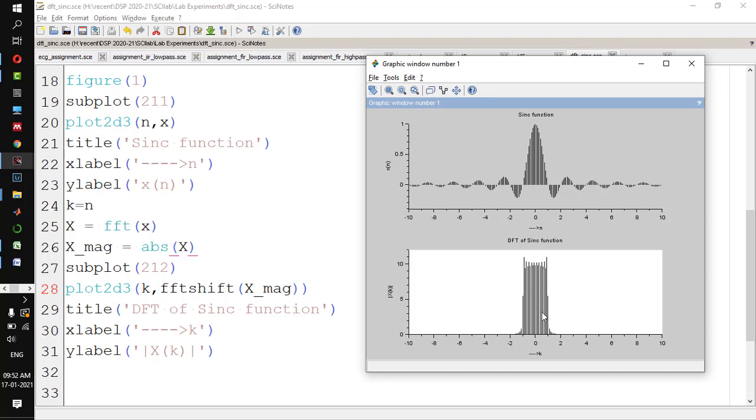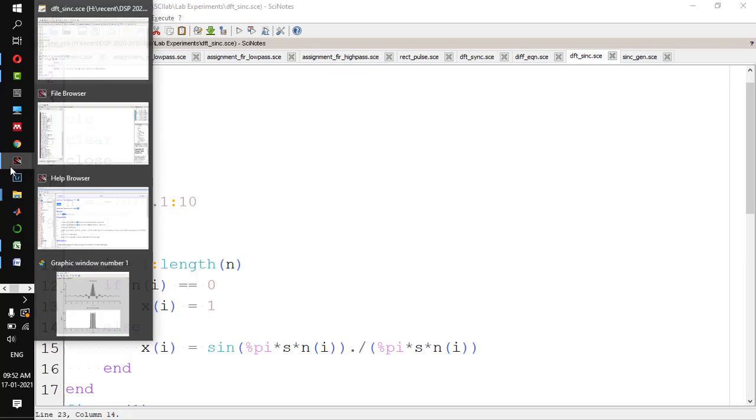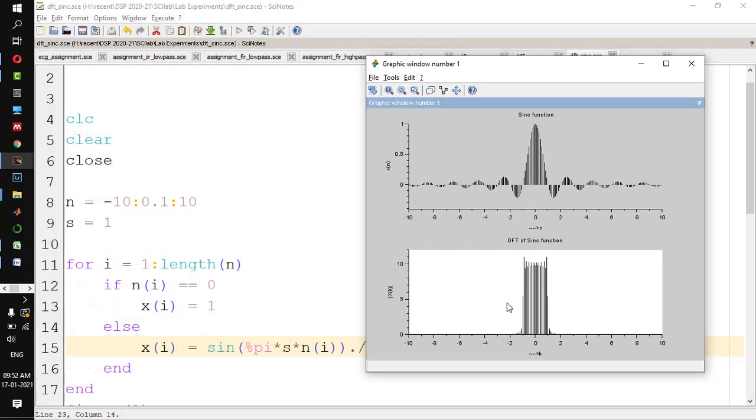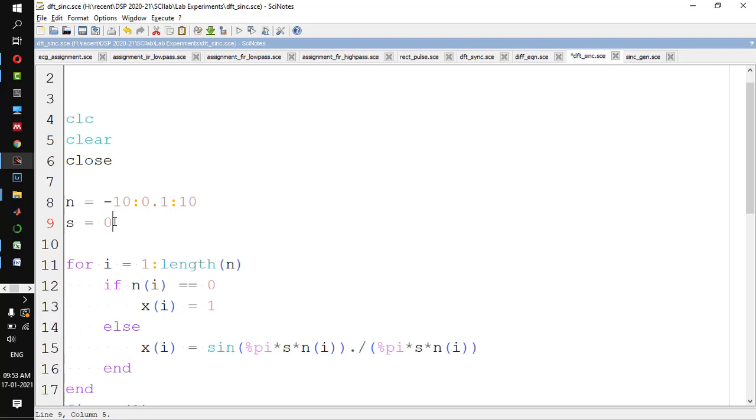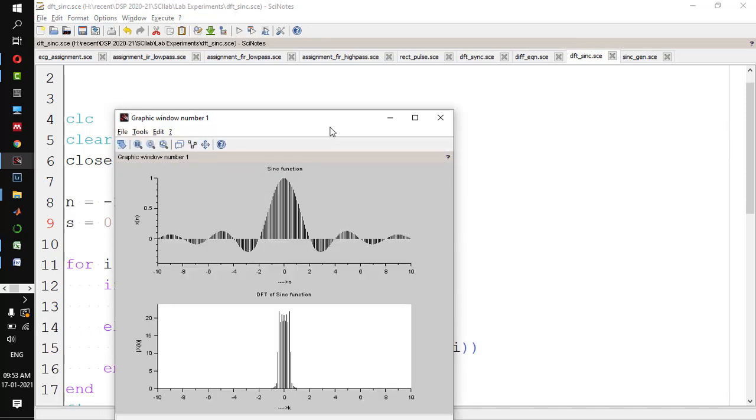Now the thing you need to observe here is, if you change the width of this sinc function, accordingly the width of the rectangular pulse also will change. For example, just observe the figure now. This width and this width are almost the same, but if I change S from 1 to 0.5, see what happened.